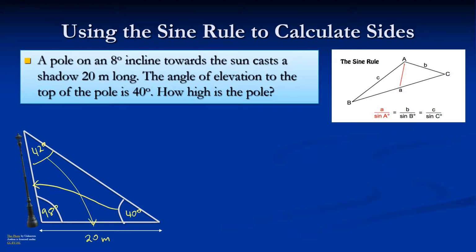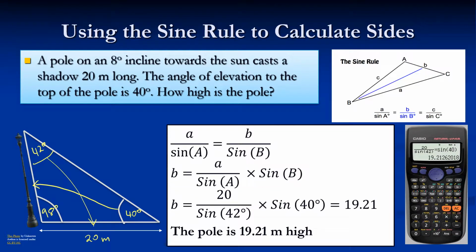We need to draw up a diagram first of all. So we need to say, well, the angle of elevation to the top of the pole is 40 degrees. So we're going to draw in our angle of elevation. So we draw in our pole. And we draw in all the details first of all, and then let's work the sine rule. So the question is, how high is the top of the pole? So we are looking at this one up here, aren't we? So what we need to say is that